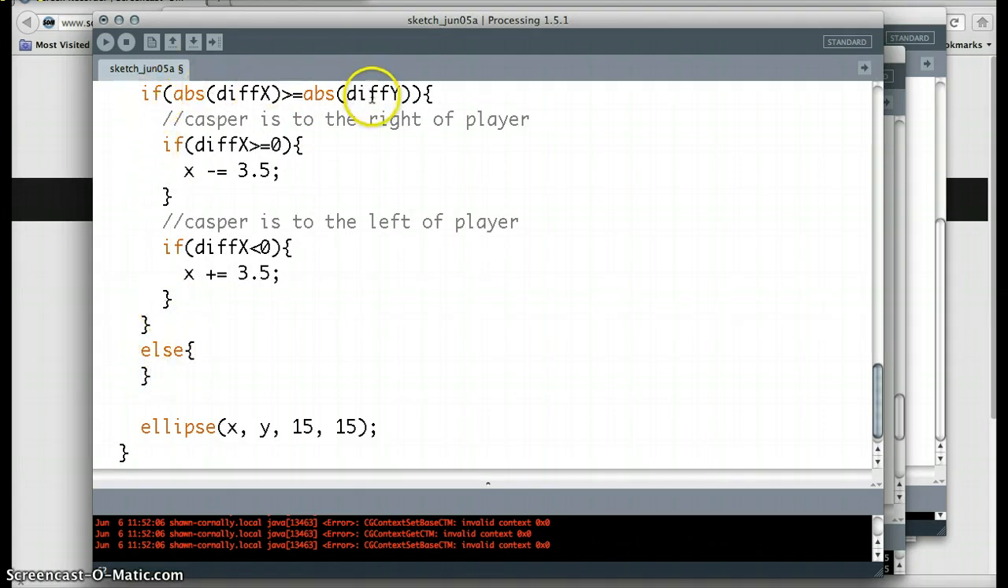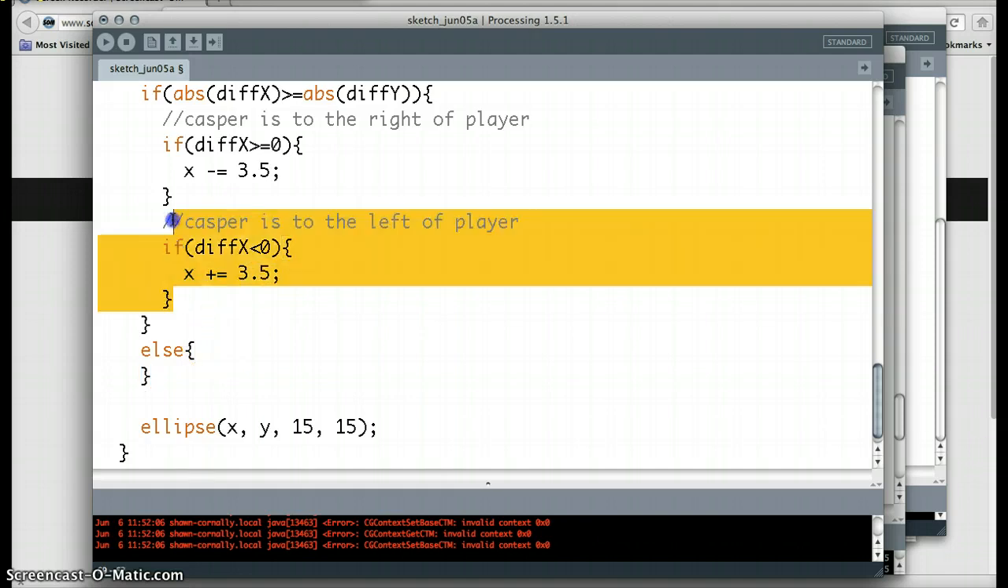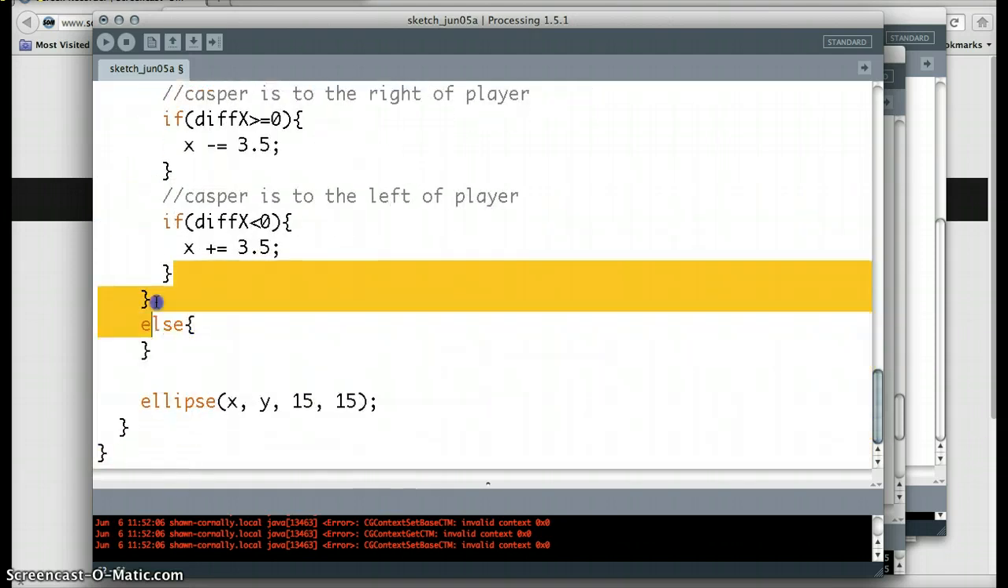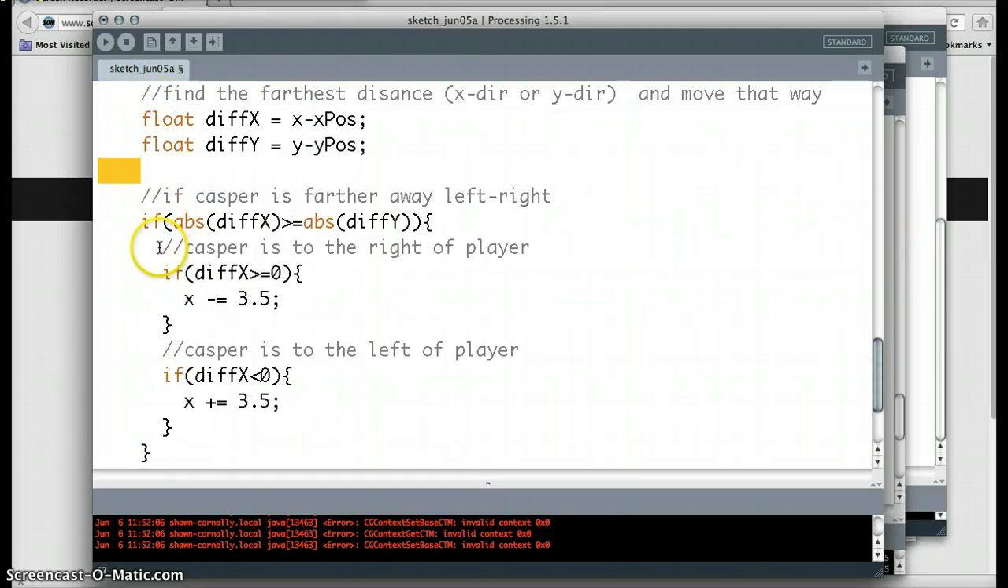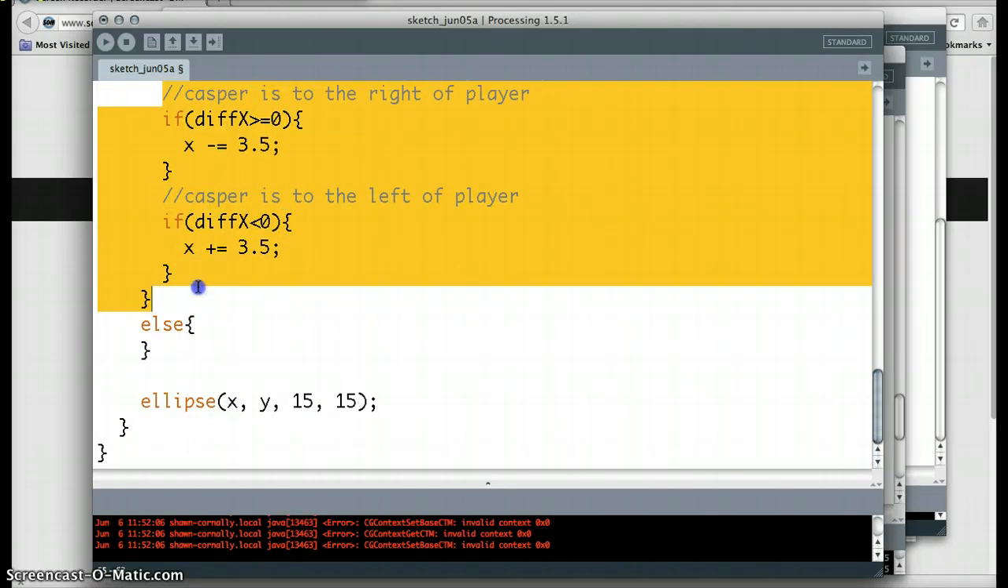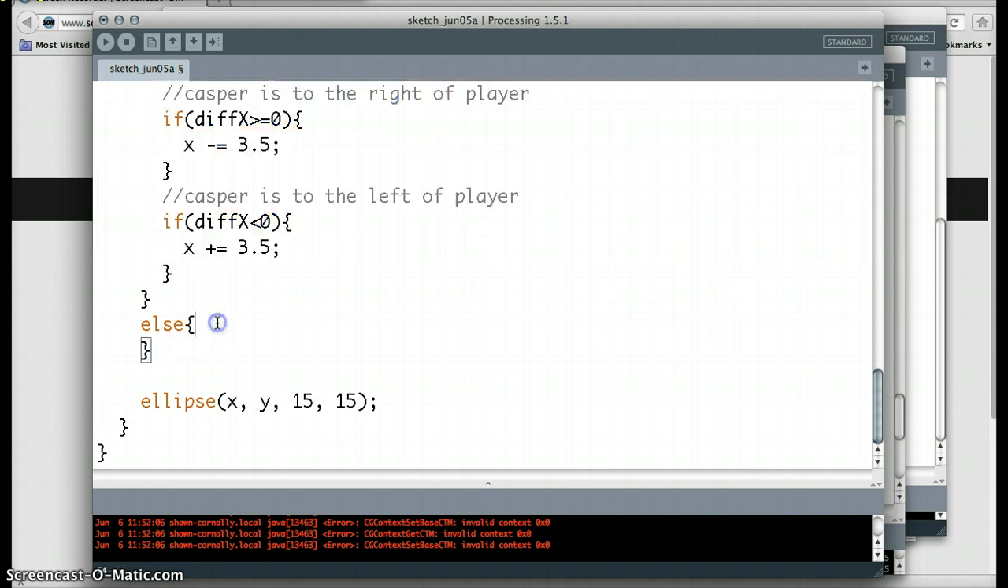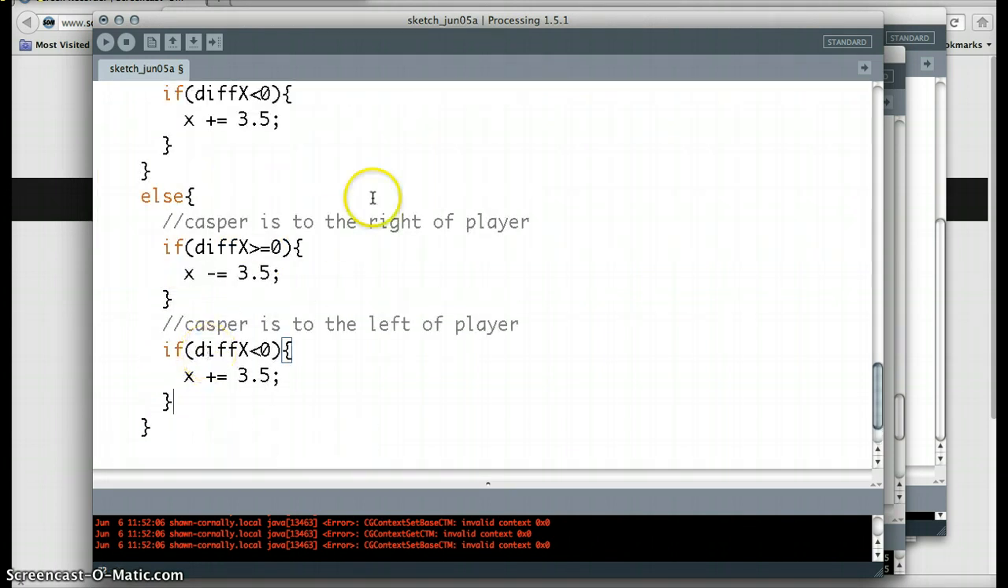Now this is if difference y. And we're going to pretty much do the exact same thing. Whoops, that's too much code to highlight. Oh, geez. We're getting crazy here. That didn't work. Sorry. Hope you didn't barf there. Copy, paste. So if Casper is above the player,